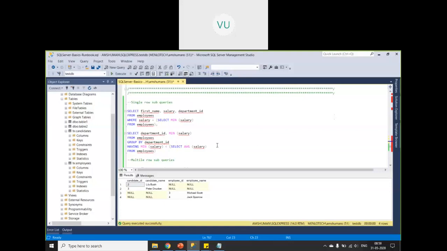Okay, as we discussed, not only in select statements, subqueries can be used in update, delete, and insert statements. So a subquery is a query within your query. First the subquery will execute. It will return one or more results in its result set, right?